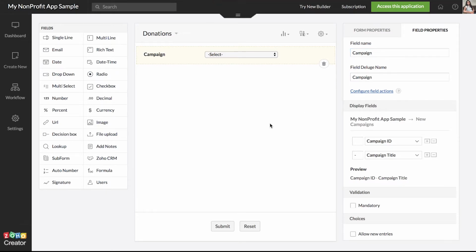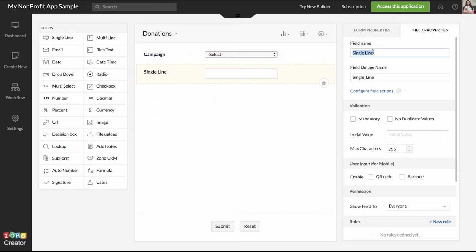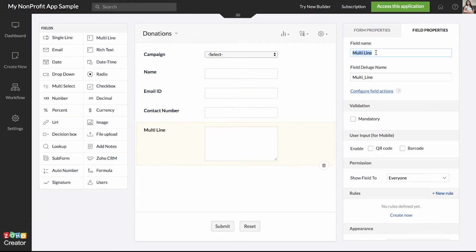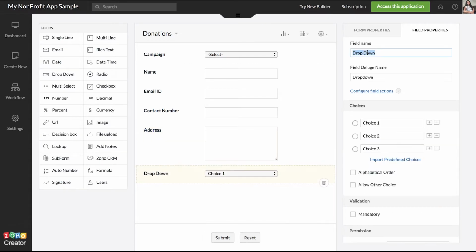Next, we need fields like name, that is, we need to know the details of the donor who's donating. So we have name, email ID, contact number. Let's have a multi-line field for the address, then a drop down field for the country. Here you have an option called import predefined choices.